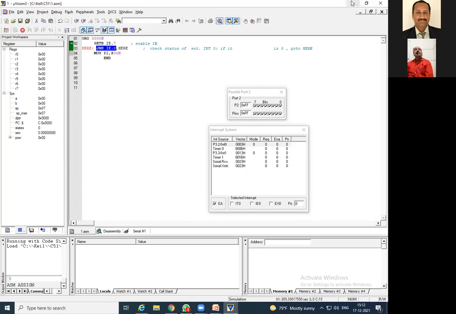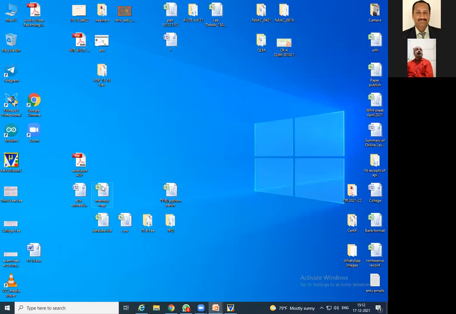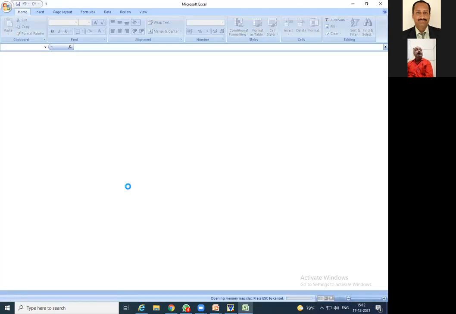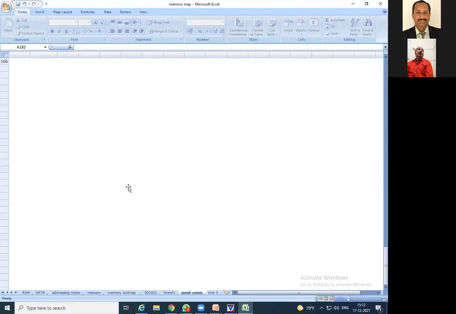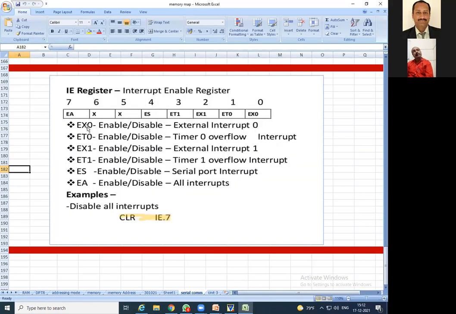So what is this IE register? Once again, I will open that sheet so that you will come to know where this particular IE register is. Yes, here. IE.0 means this EX0. Got it? That is external interrupt 0. So that is going to be activated here.